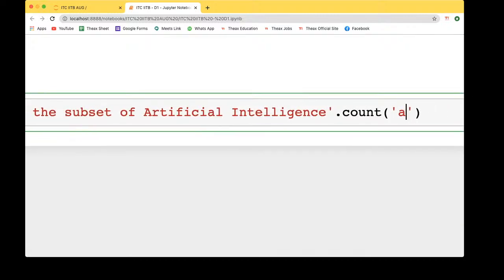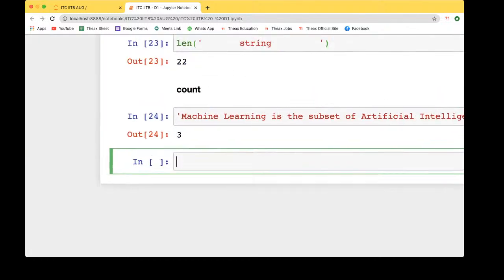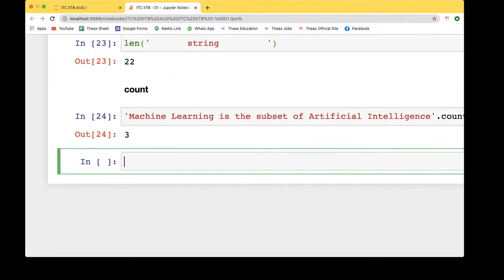You want to count A. Run this, and you get that there are 3 over there, right? That's fine. So you can count the number of times a character is repeated inside a string with the help of the count function.